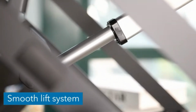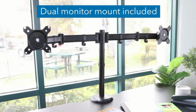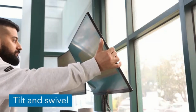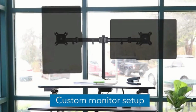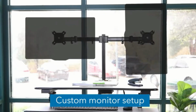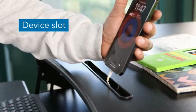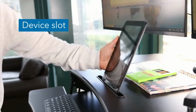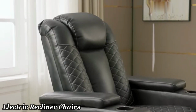The riser's rectangular shape ensures a stable base, preventing any wobbling during use. One of the standout features of this monitor riser is its adjustable height. This flexibility allows users to customize their setup according to personal comfort, which can significantly reduce neck and eye strain during long hours of work. By elevating your monitor to eye level, you create a healthier